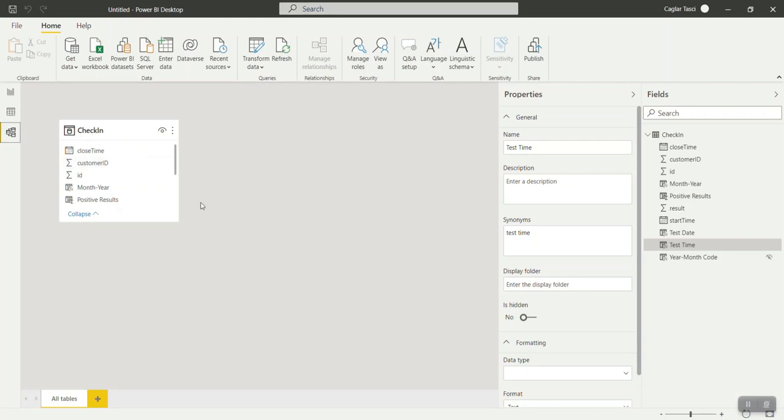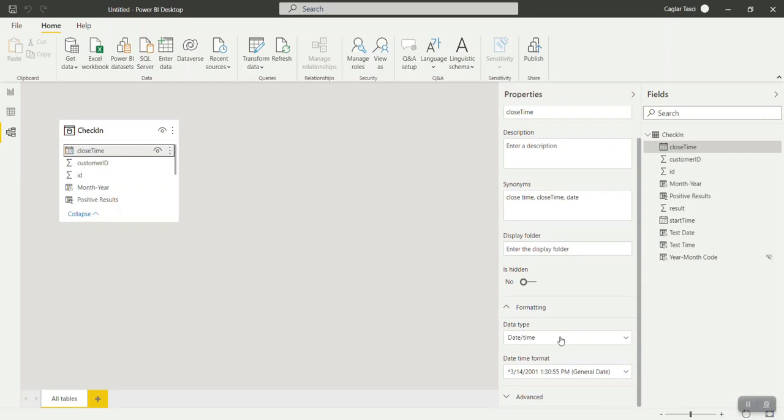Also, you have a lot of options here where you can change the properties of any column. You can enter a description for a column, or you can change the data type. As we changed it from the data view, we can do it from the model view as well.